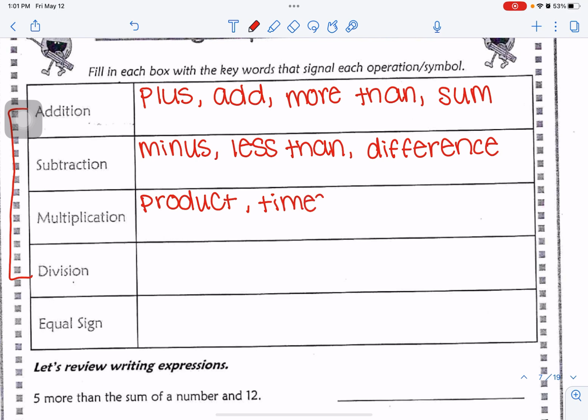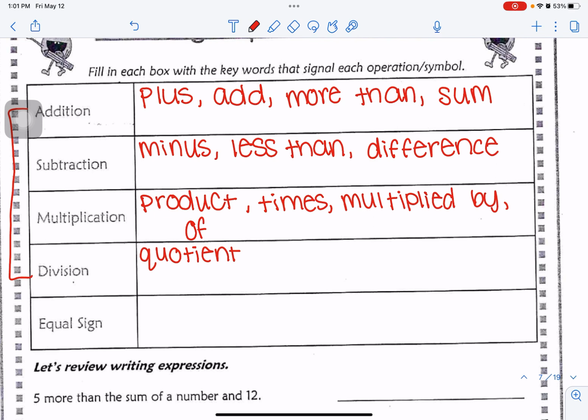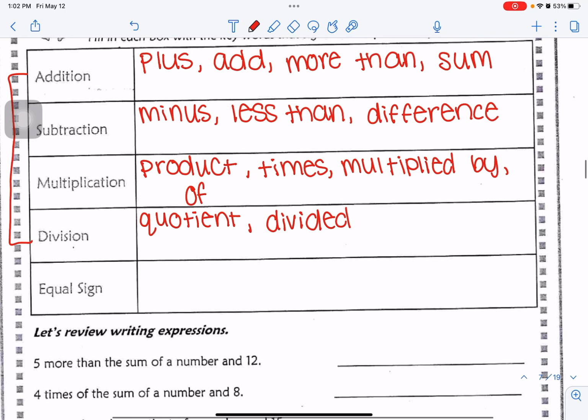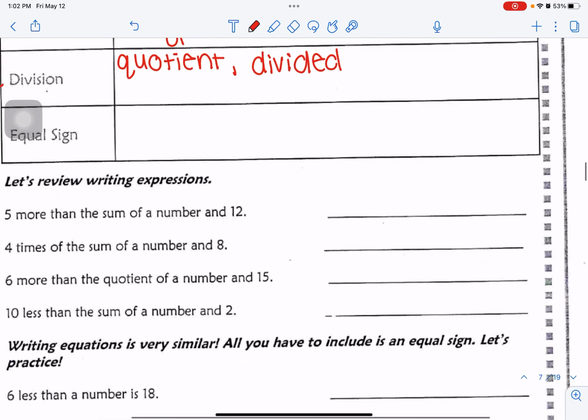Times, and multiplied by, and of. And division would be quotient. That's saying I want to find the quotient of 25 and 5. You divide 25 and 5. And then divide by. Now, we're going to skip the equal sign for right now. And we are going to go down here and